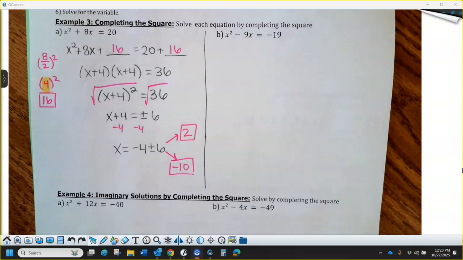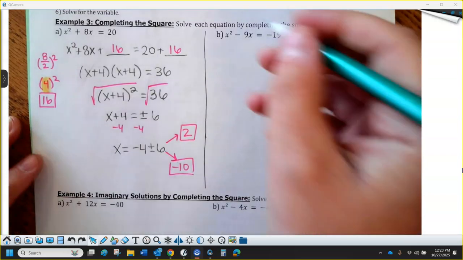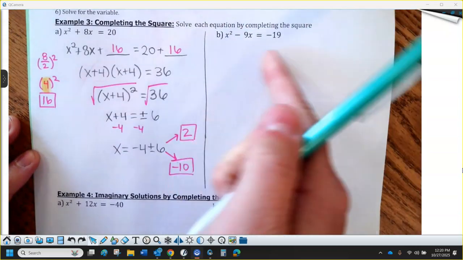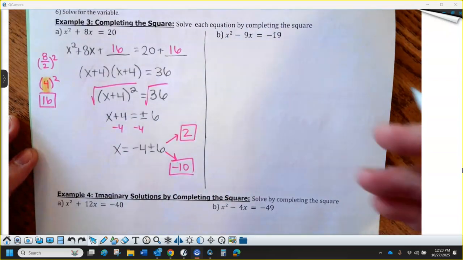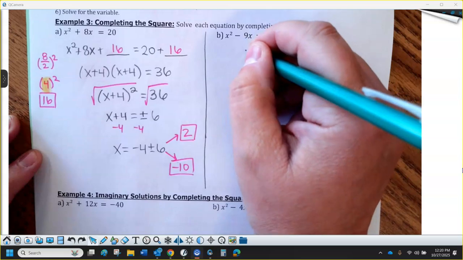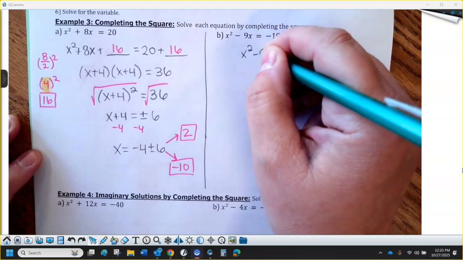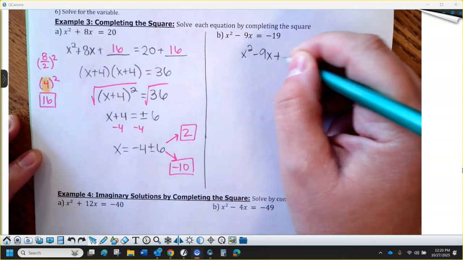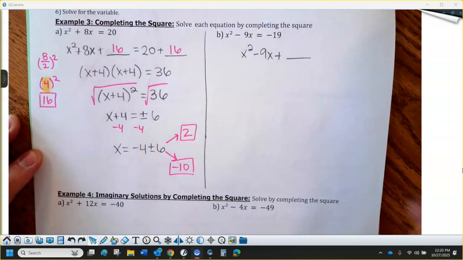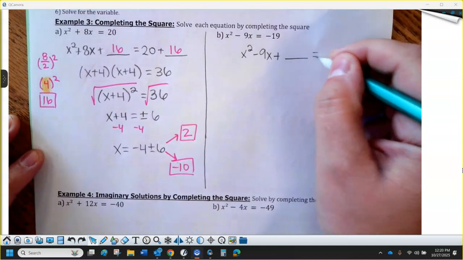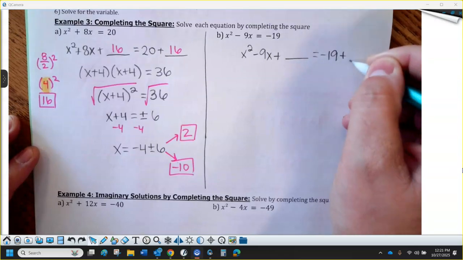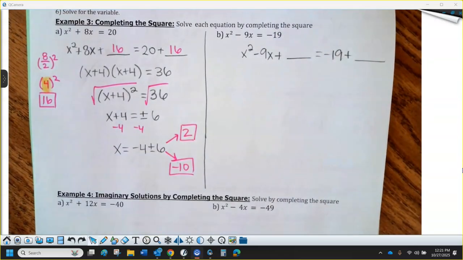Okay, now, this is probably the worst question on the entire thing. All right, we have to do 3 more examples real quick. I'm going to do the same kind of setup. You want the term with the x squared and the plain x on the same side. They're already set up this way for you on the homework too. And I'm just going to complete the square on the left side so we can write those 2 factors together